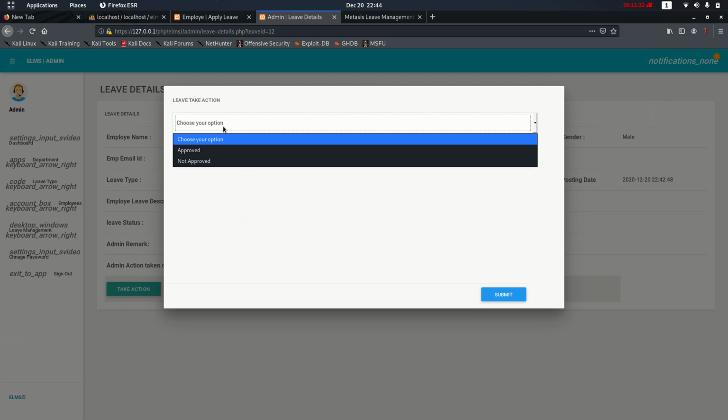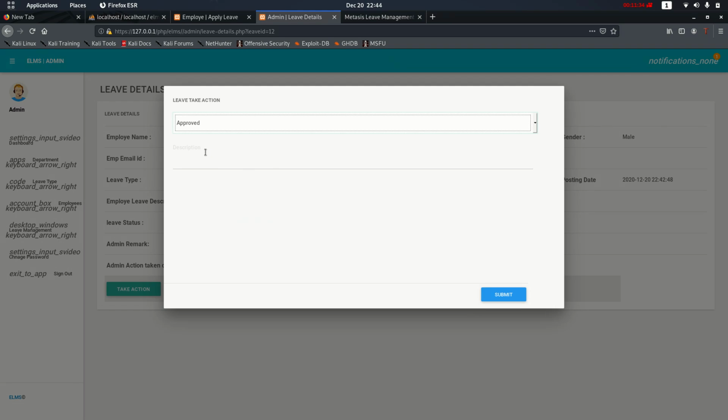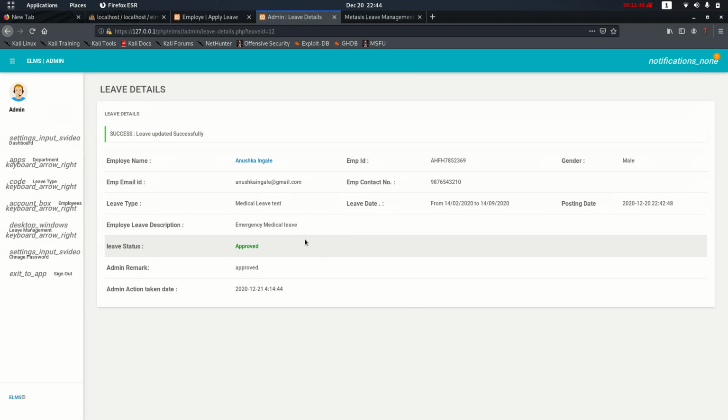So there is an option. If you say approved, there is a comment section where the admin can pass some comments. Submit. As soon as we submit, the leave status here has been approved.